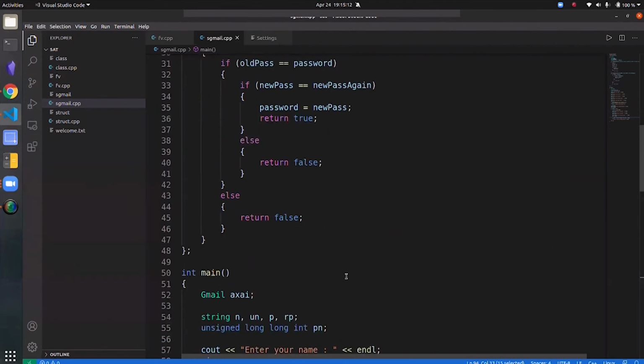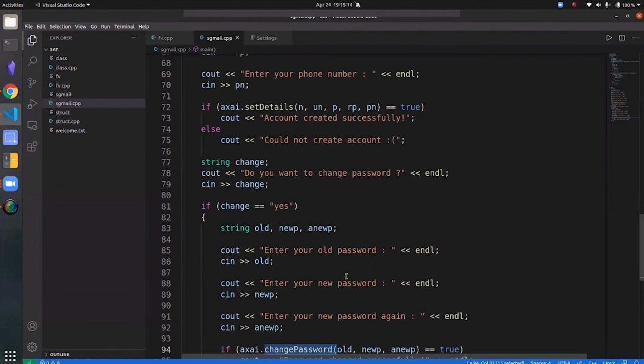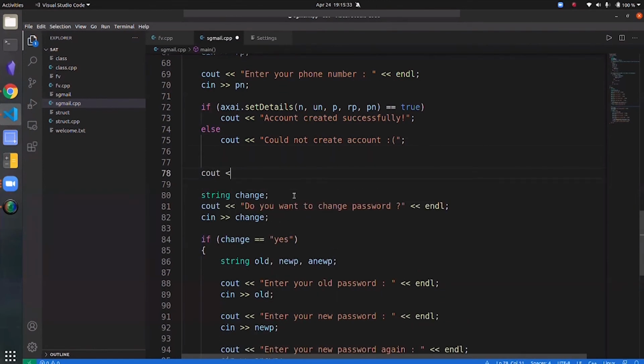Okay, so let's say a hacker wanted to change my password, or simply he wanted to see what password was being stored on file. What he could simply do is, here, he can simply print.